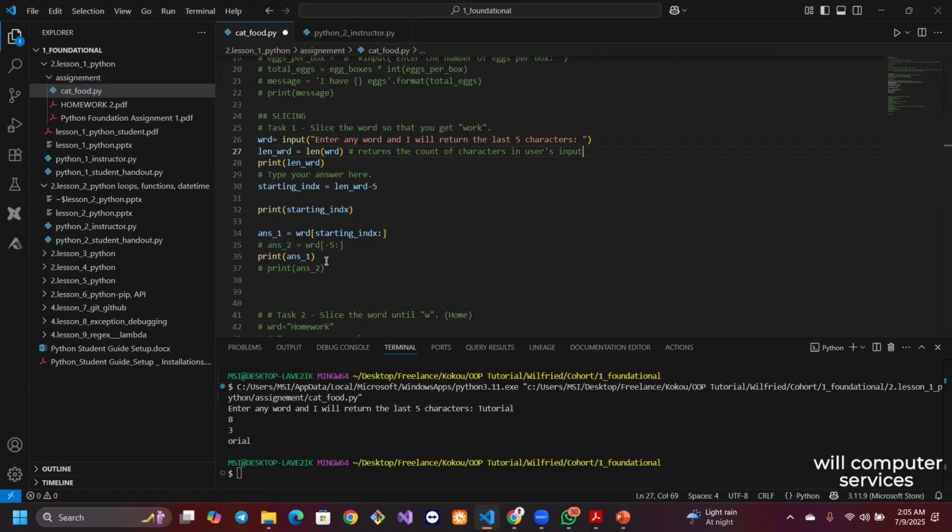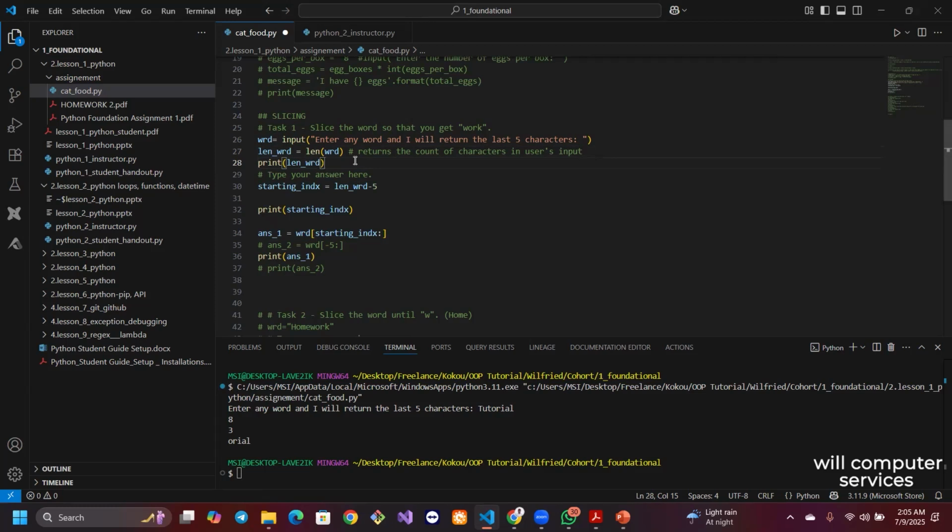And of course, tutorial is 8, right? So that is why 8 is getting printed out here. The length of the word, which is stored in len underscore wrd, is 8 as expected because the word is tutorial. And after that, since we want to get the last 5 letters,